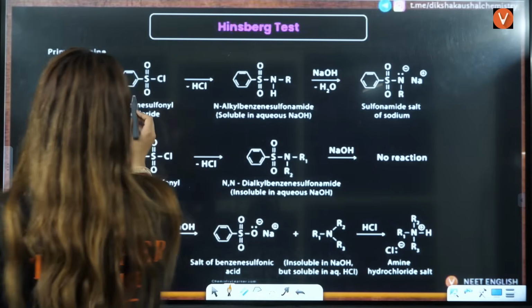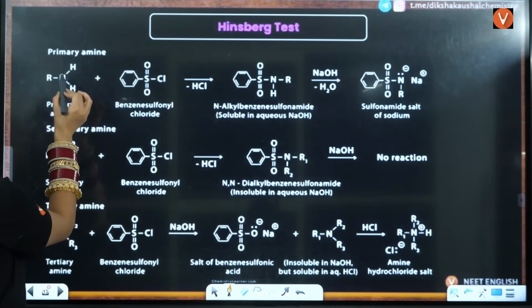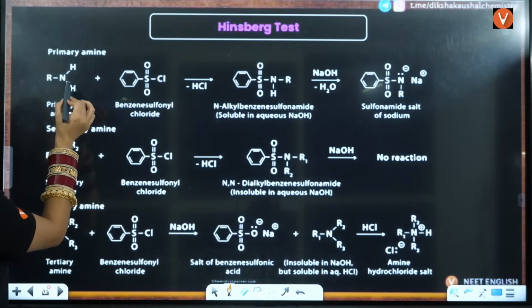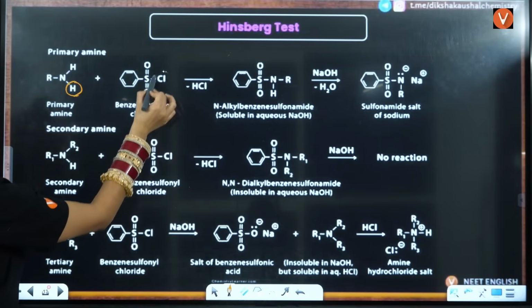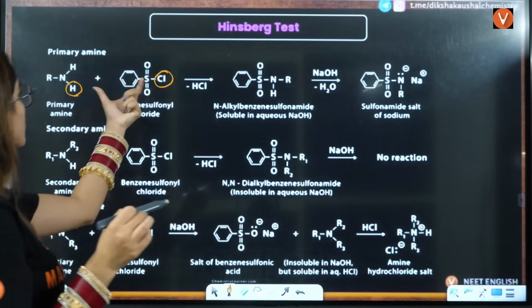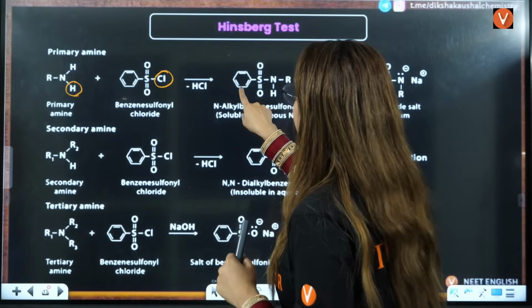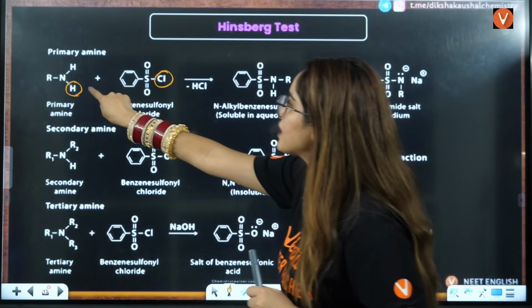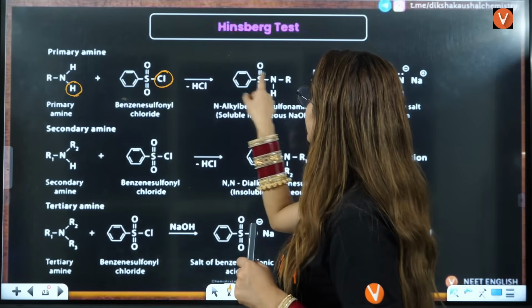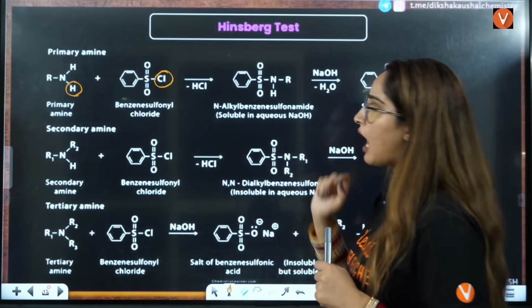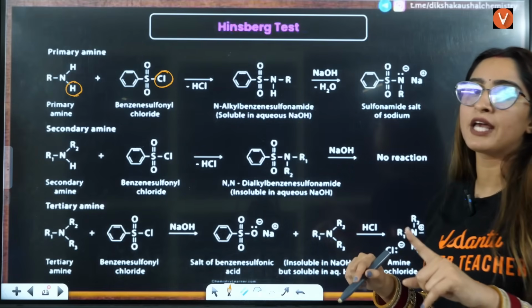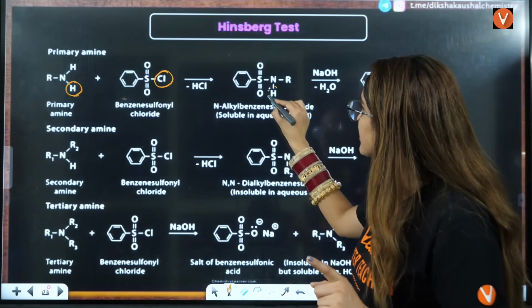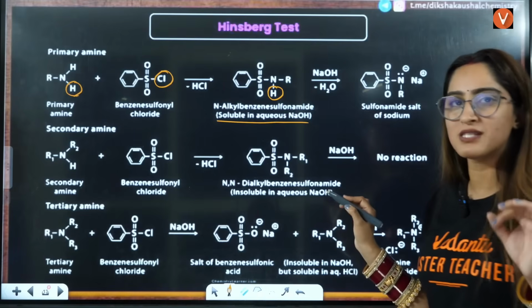Directly what we will do, this is basically primary. So what will happen? This H and this Cl will be eliminated, and these two things will attach, and you will have benzene S double bond O. This N will get attached to this S here, right? And hence you will have hydrogen and R here. Now primary will give you the reaction, but here because of this hydrogen, it will be soluble in aqueous NaOH,